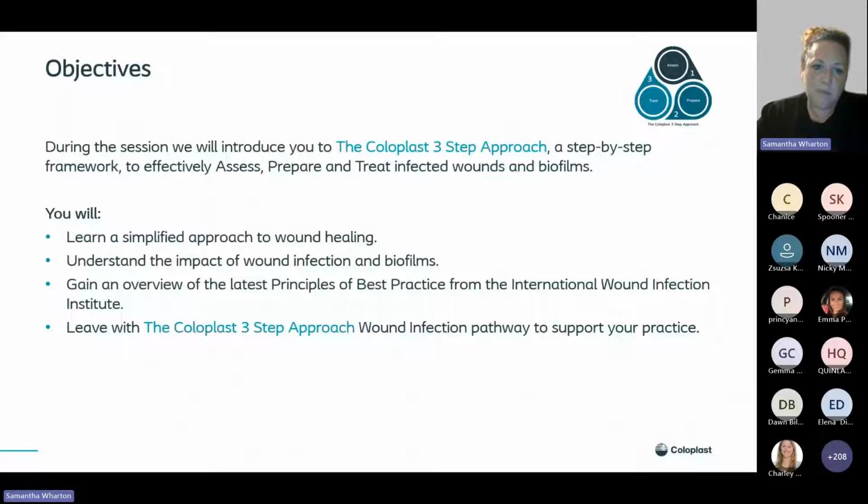We're going to understand the impact of wound infection and biofilms on wound progression and healing. We're going to gain an overview of the latest principles of best practice from the International Wound Infection Institute. And at the end of today's session, you will have the Coloplast three-step approach wound infection pathway to support you